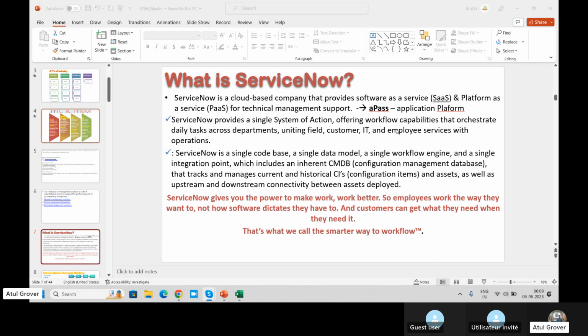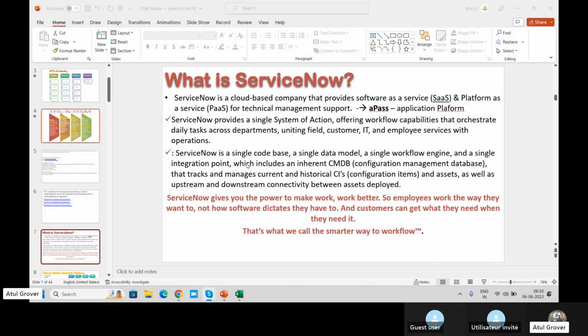So you can create your own workflows, which can be used for different departments, IT, customer, employee, a lot of places. So we'll see a screenshot which gives you a little bit more clarity about this. Okay, and remember, these are not the limited words. Just to give you an overview, I wrote these things. I copy pasted these things from the ServiceNow website. But you will find a lot more about ServiceNow.